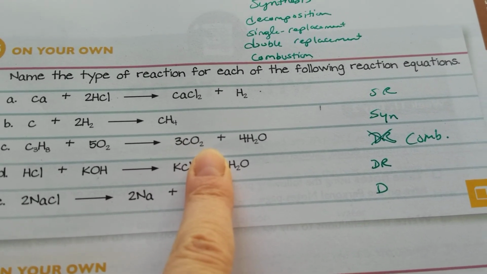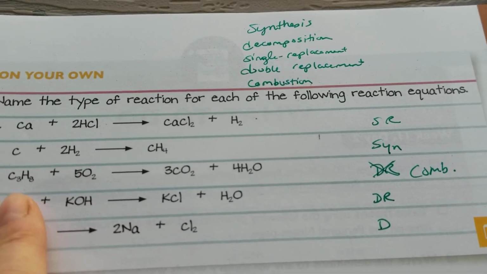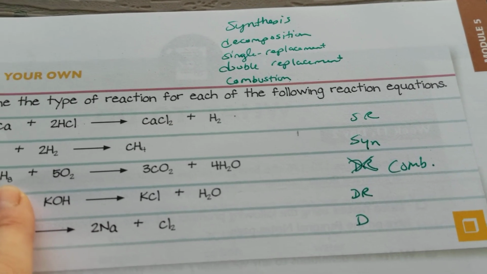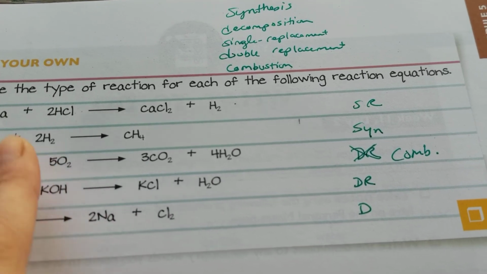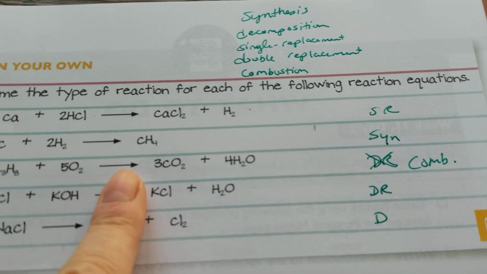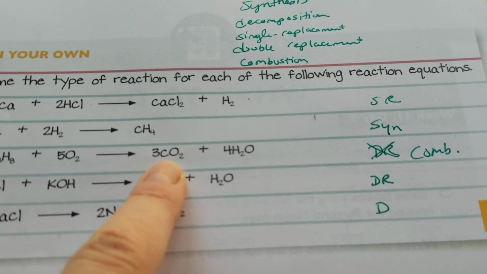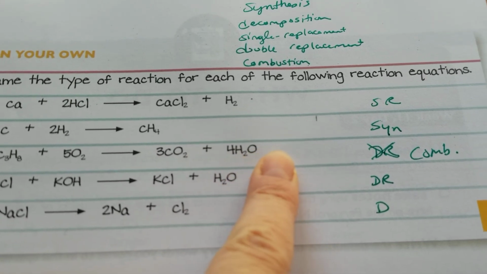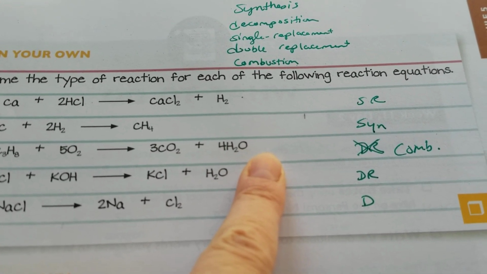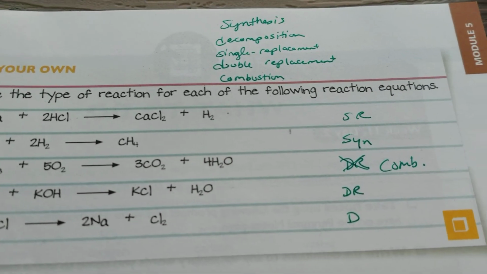And it says right here, if hydrocarbon, which is what that is right there, and oxygen are the reactants, which are on this side, and carbon dioxide, which we have right here, and water are the products, then you will know it's combustion. So obviously I did not